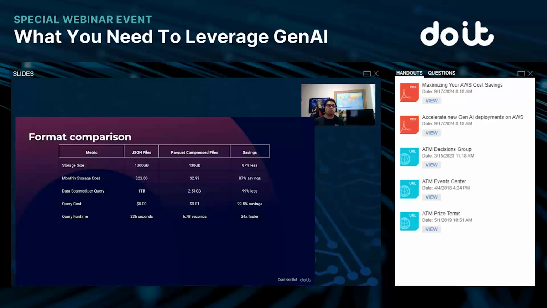That's 99% less data being scanned, which means that you go from a $5 per query cost to only a cent. That's huge. So when you're having GenAI talking to your documents, having to process all these documents, you're going to see a huge difference. That's why it's important to understand these different components, right?